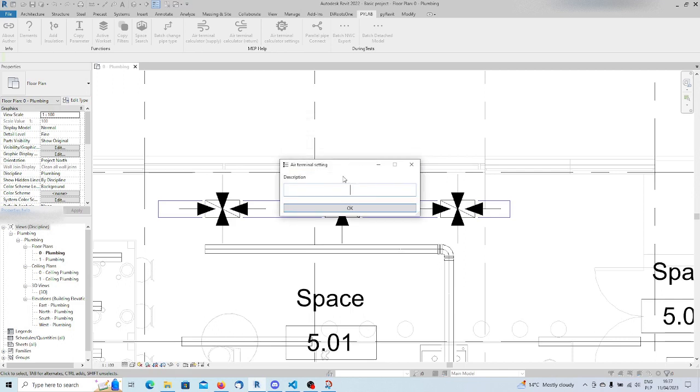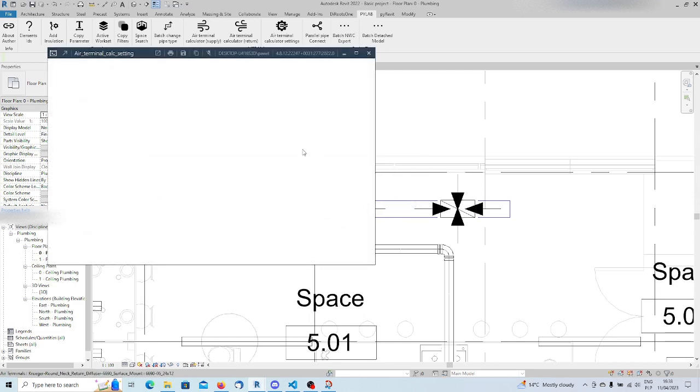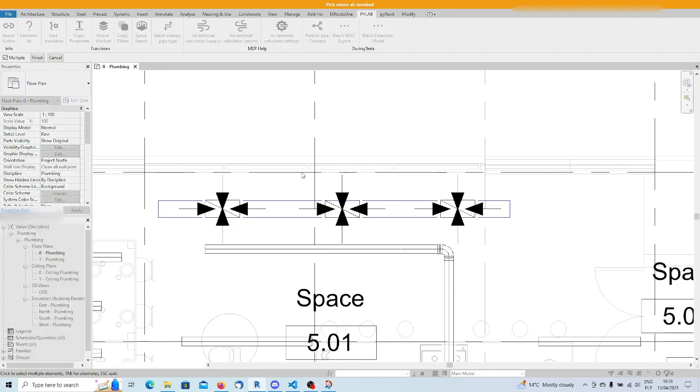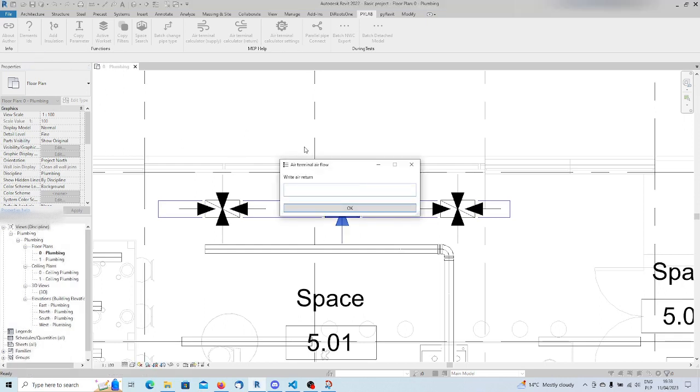Now short description and comment, press OK. All is OK. And now if I pick air terminal calculator return, pick one of them, press finish,